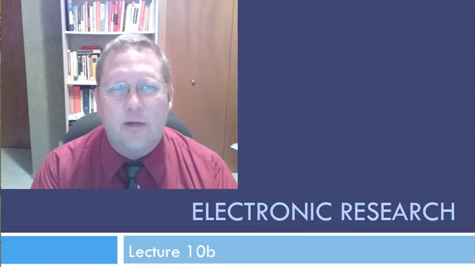What I'd like to do in this podcast is look through screen captures. I'm going to go to some of the major resources that we have available to us at Newman University and some of the other major resources that we have available generally through the internet and show you a few tricks and tools and ways to find relevant and valuable information as you do secondary research. And then in the final podcast for this unit, we're going to look at conducting original primary research through interviews and surveys and other ways to directly get information from people.